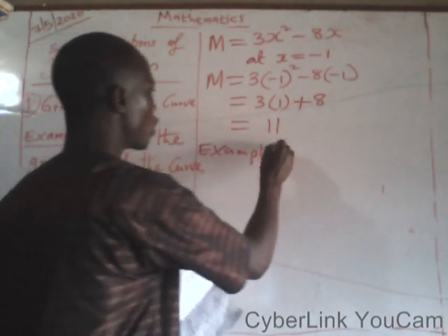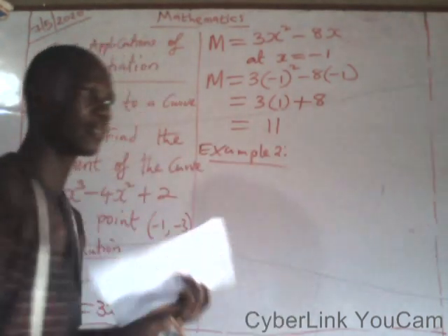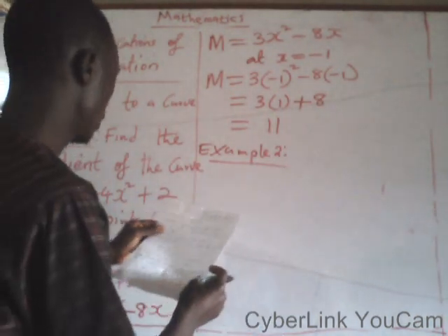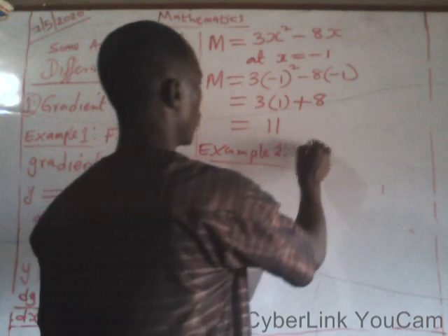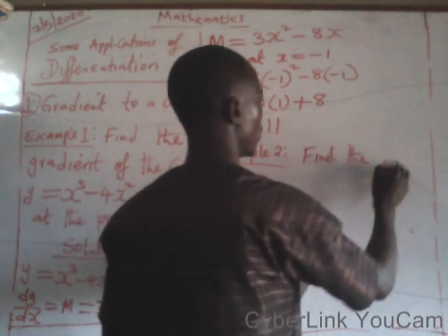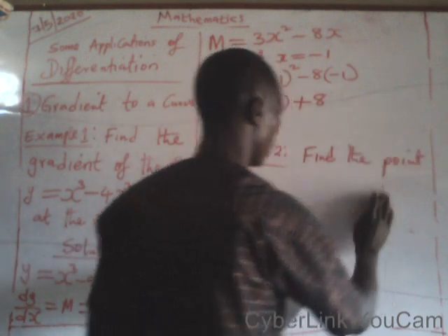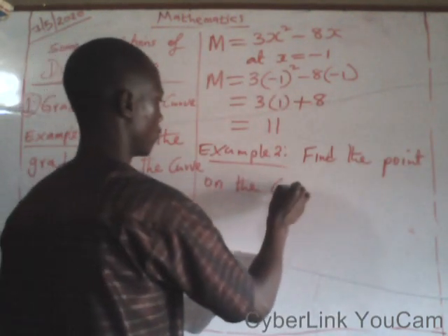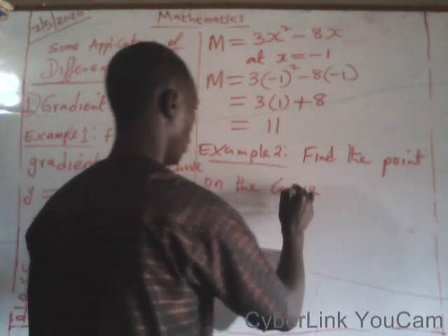So, example 2. It is possible that you are given the gradient and you have to find the point, and example 2 will take care of that. We are told that we should find the point on the curve,